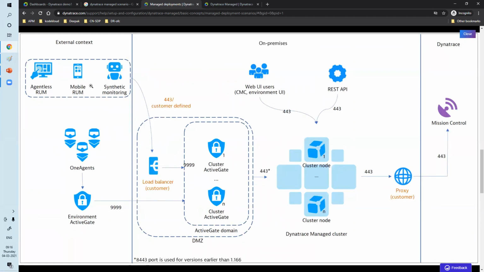There is too much data, so they need to manage the load. Otherwise the Cluster ActiveGate will go down, the data cannot be sent to the cluster node, and all the data will be lost. You cannot see the data in the web UI. So they have added a load balancer. The data will be sent to the load balancer, and then the load balancer will send the data to the Cluster ActiveGate.